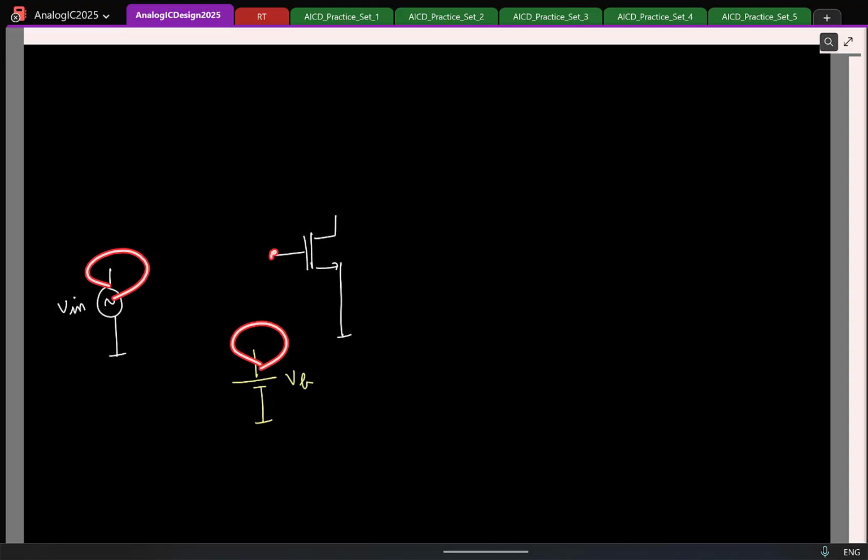I have to couple the two so that at the gate I have DC voltage plus AC signal. What do you do? Yeah, again, simplest way is to think of it like this. Maybe the signal source has a source resistance, doesn't matter. So you cannot connect this directly. You have to add a DC voltage. So assume that you are putting an ideal voltage source with a value of the required VB, but you can't use a voltage source. So what do you use? A capacitor with a very large value,